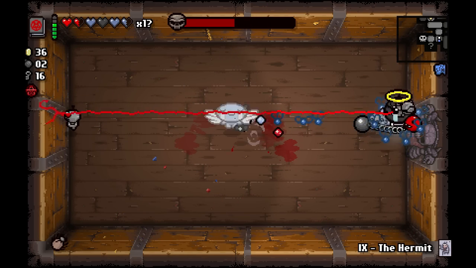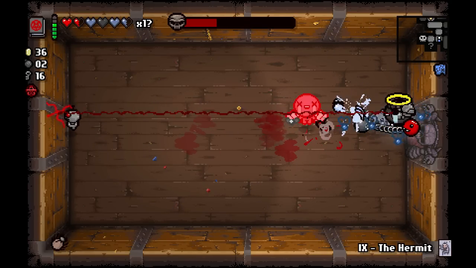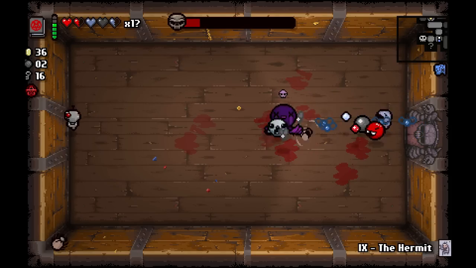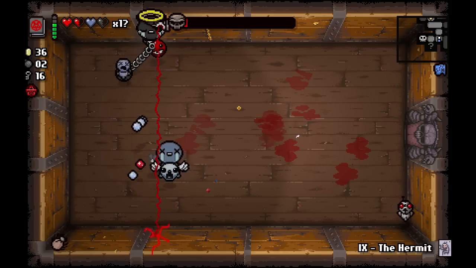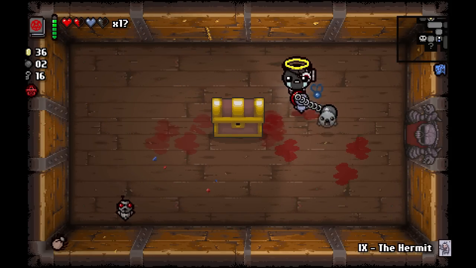Doesn't feel like it's hurting the blue baby at all. Not a fast kill, but it works. And if blue baby actually ends up hitting me, I'll just walk into him with the meat cube there. Oh, no, I actually healed. What? Oh, right, because the tick healed me. Never mind. Well, I still would have gotten a Polaroid proc regardless, but that is going to be the end